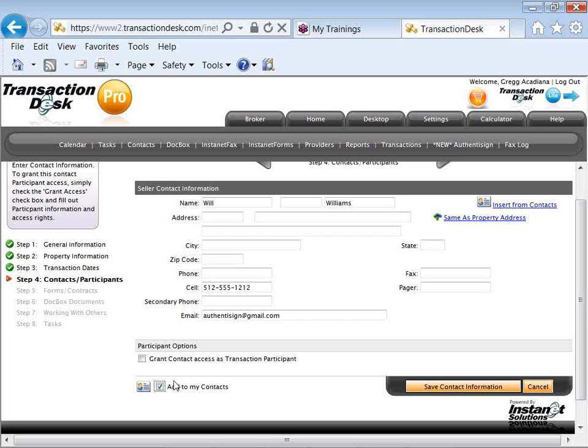I'm going to add Will to my contacts as well. So two things are going to happen. When I click on the Save button in the bottom right corner, not only is he going to save to my transaction file, he's also going to be saved to my contact database. So I am completing two actions by clicking Save Contact, adding it to my transaction file,